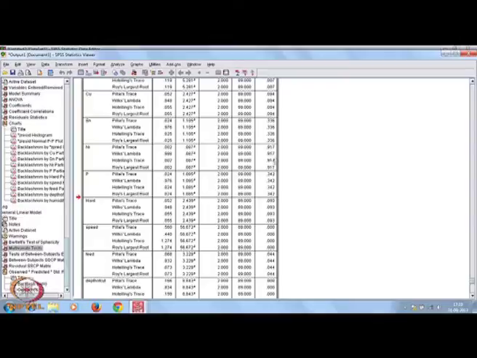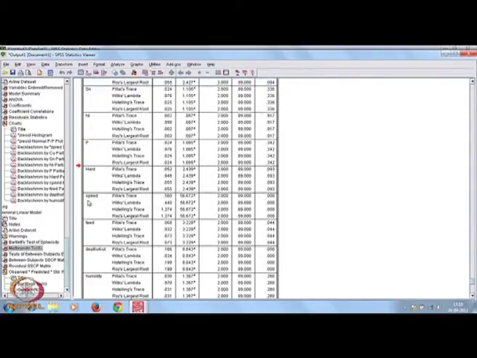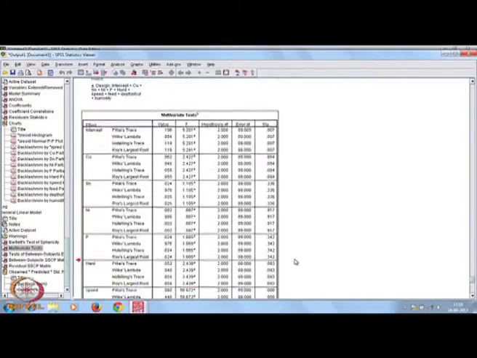Ultimately, you find speed is significant, at 0.0004, then feed is also significant, then depth of cut is significant, but humidity is not significant. Okay.